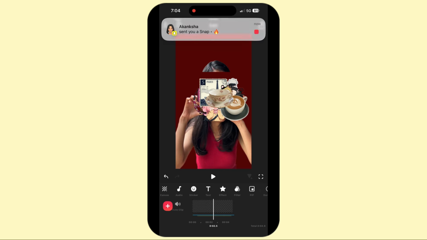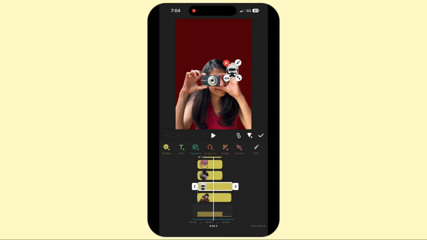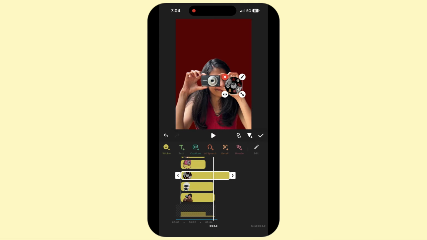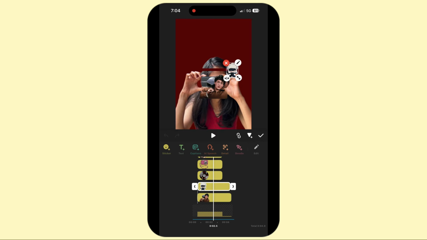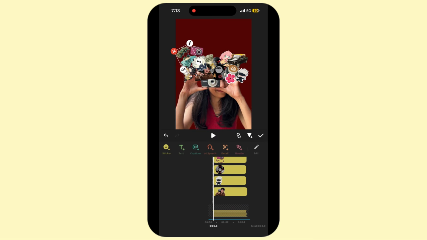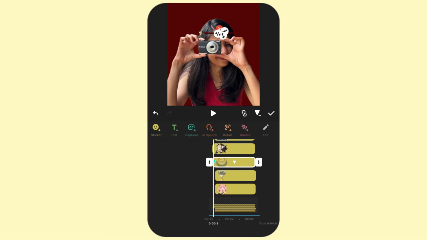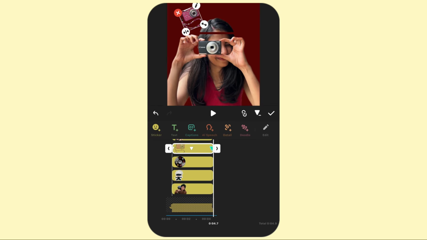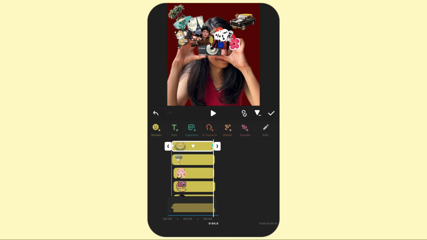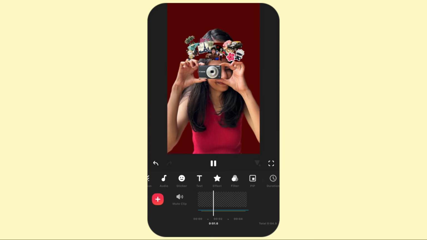and make sure that they have the same timing. Then after importing everything successfully, you have to add 3 keyframes on each sticker. On first and third keyframe, you have to make sure the sticker is set to the tiniest view and is kind of fitting inside the head. Since the timing for each sticker is the same, you have to make sure all the keyframes are placed on the right position in each layer. Then on the center keyframe, you have to make the stickers bigger and keep them out of the frame of your head. And all this hard work of keyframing will be worth it when you see the final results, because the final animation effects will show that the stickers are coming out of a person's head, and it will all be worth it.